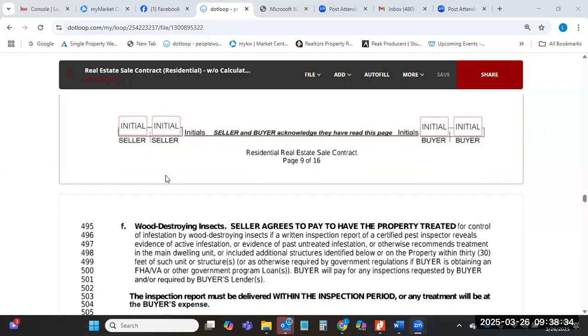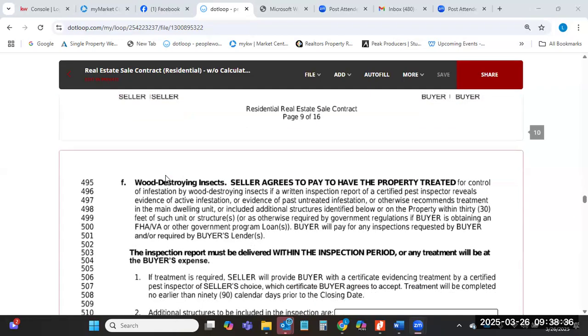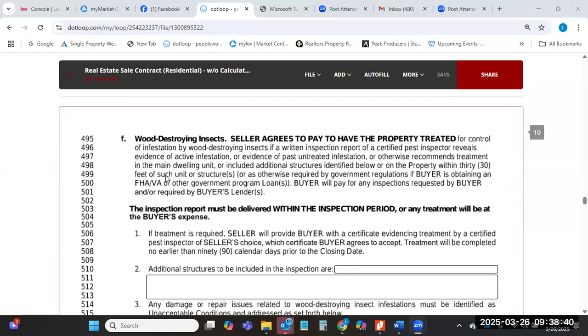Otherwise, the seller can do repairs themselves as long as they're doing it the way it should be done and with good quality materials. Paragraph 13F, wood destroying insects. And this is in bold, but a lot of people don't bother to read the contract and aren't aware of this. Seller agrees to pay to have the property treated for control of infestation by wood destroying insects if a